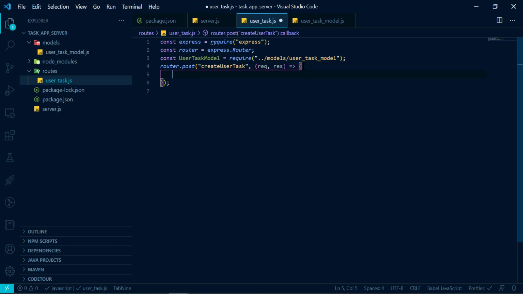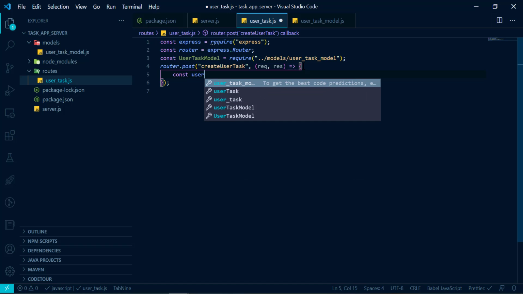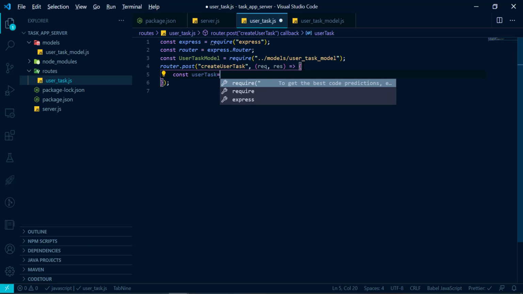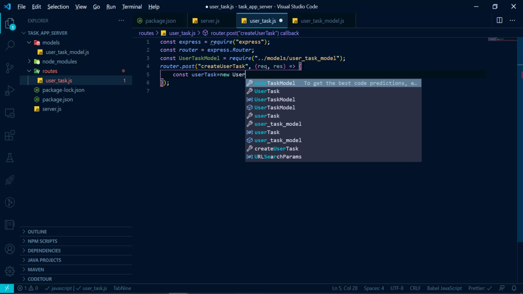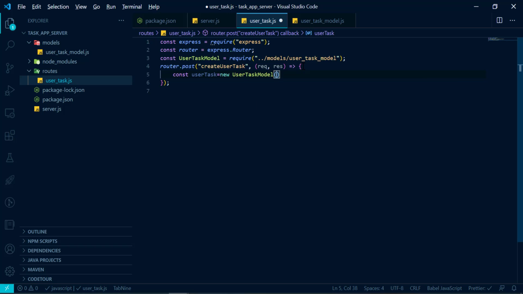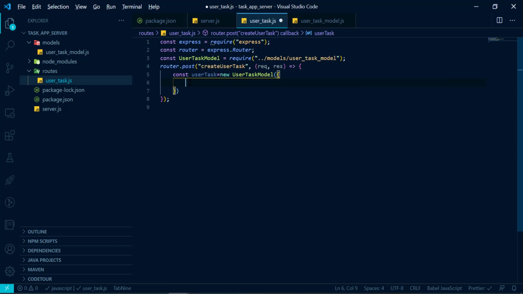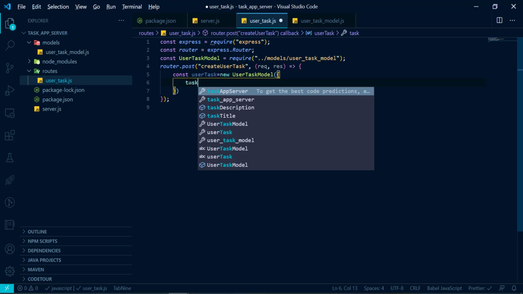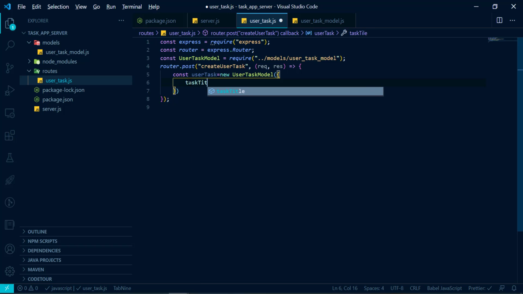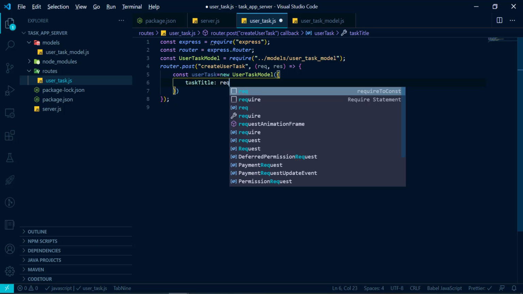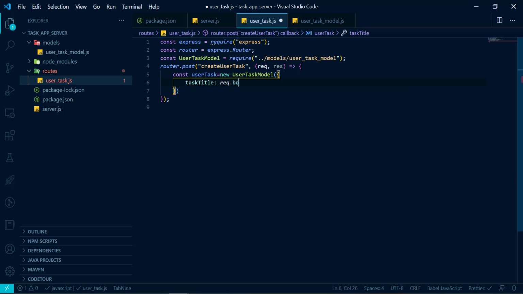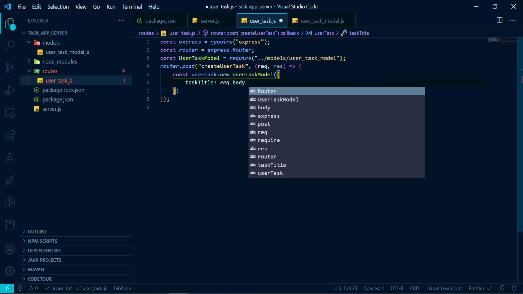Okay, now to use our model class, in the user task model we have defined two fields, task title and task description, sorry. So in the task title, we have to now use